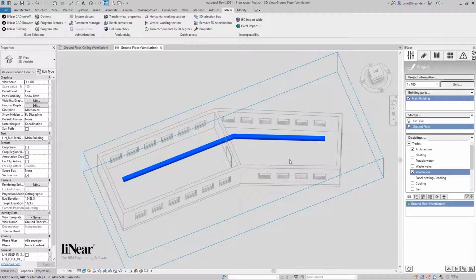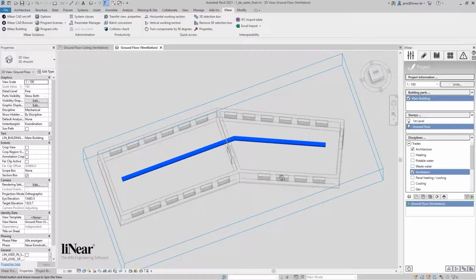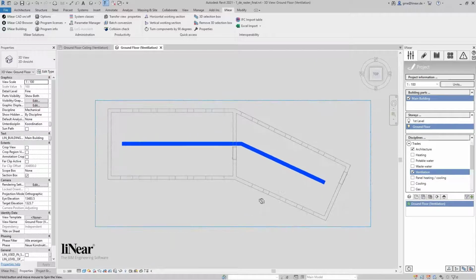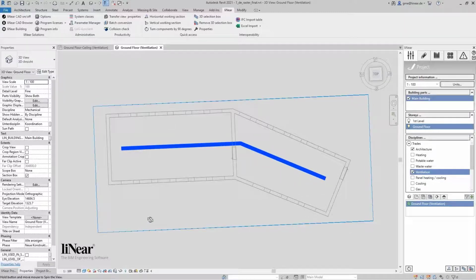This time, I will show you our Place on Grid command. This makes it very easy to place components on a grid and thus position them accordingly. To show you this function, I have prepared a simple example with two rooms. One room is rectangular on the axis, and the second room is slightly diagonal from this room.